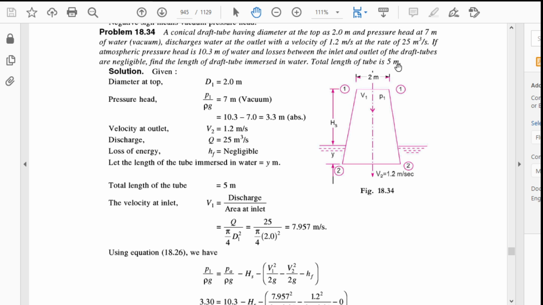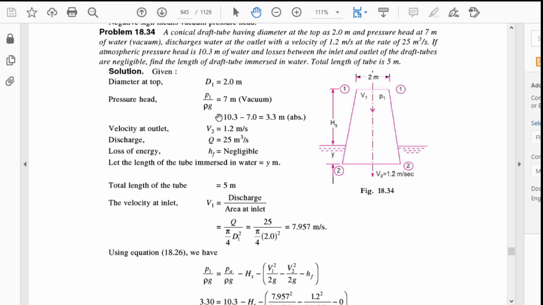Atmospheric pressure head is given as 10.3 meters of water and the losses are negligible, so HF will be here 0. Okay, now as they have given that atmospheric pressure head is 10.3 meters of water, so here for the